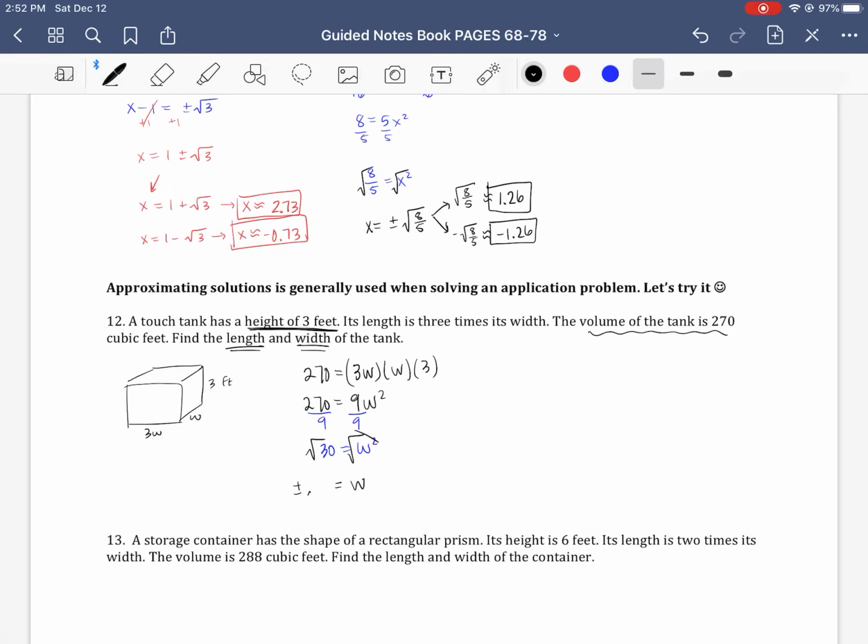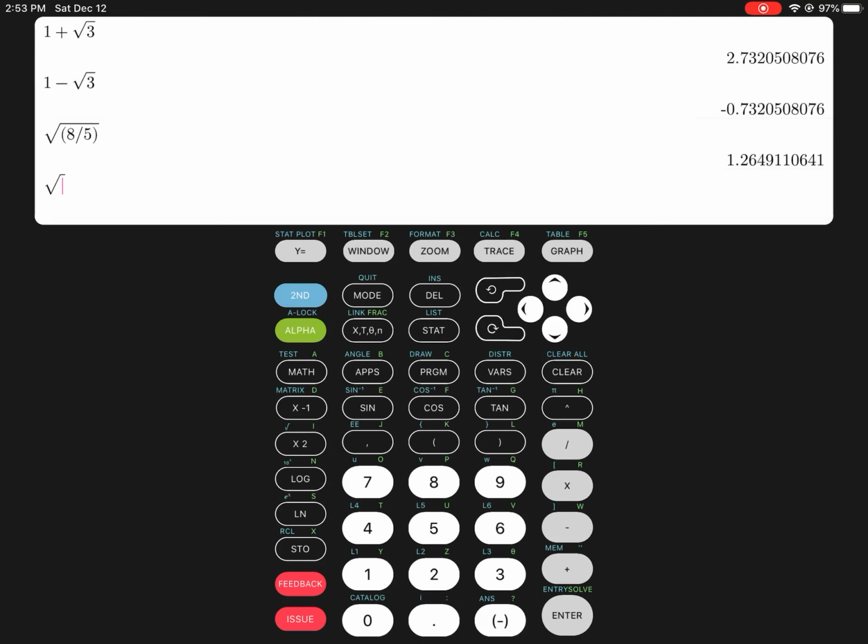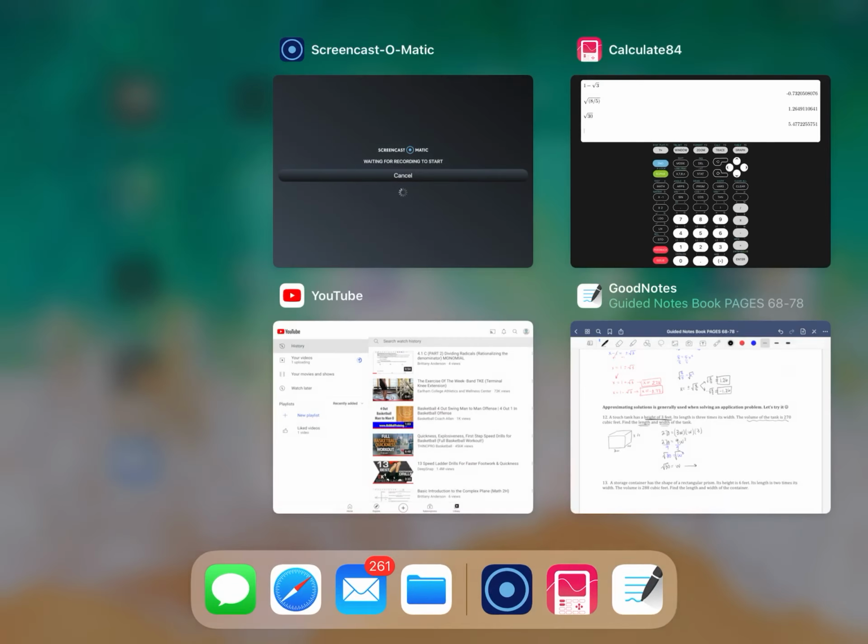So the width is either, and I'm going to write this, but you really don't need to, plus or minus the square root of 30. Now if it's a length or a width, it's a distance, then our negative solution is actually not a valid solution. So I'm only going to look at the positive solution in this case. So I know that it's just the square root of 30. And this one says find the width and length of the tank. So it doesn't really tell me whether to approximate or not, but if we wanted to approximate it, again, we could go the square root of 30, and we could put 5.48